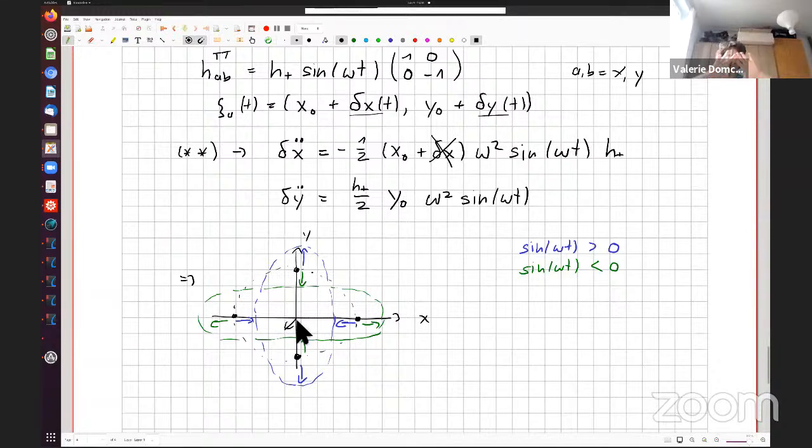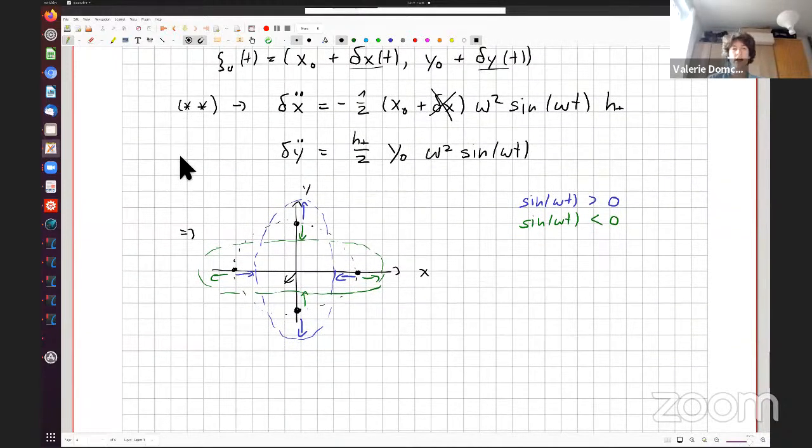All the particles on this plane start to oscillate in such a way that the ellipse always deforms first in one direction, then in the other direction. However, the surface inside will always be the same, because the surface is a scalar, and we're really just looking at tensor polarizations.